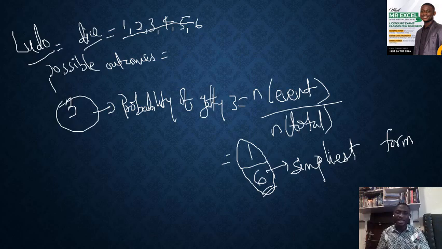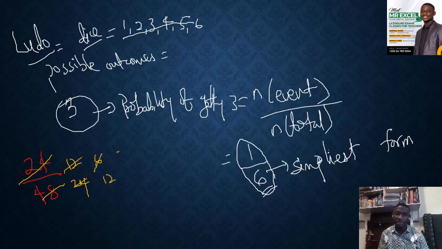However, in the event that in our attempt to solve this, we got an answer, say 24 on 48, then we could have simplified this in that we look for a number that is divisible by both 24 and 48. So one number can divide 24 and 48. So let me start with 2. A lot of numbers can do that, but let me start with 2. So 2 goes here, 12. 2 goes here, 24. Now 2 goes here, 6. 2 goes here, 12. Now 2 goes here, 3. 2 goes here, 6.